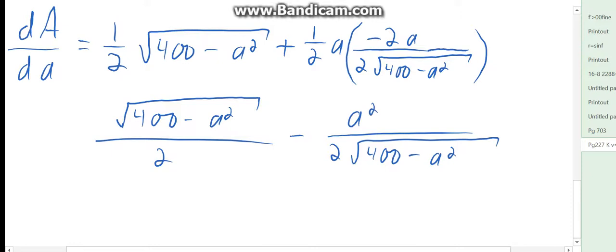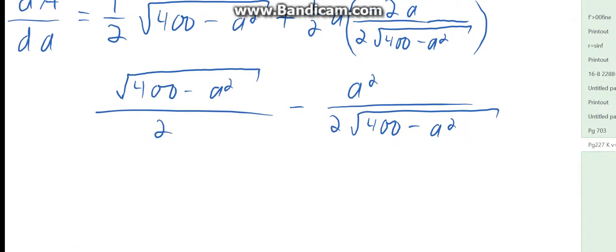All right, any questions so far? I just simplify that right-hand side, basically. The 2's cancel out, the negative makes it a minus, and A times A makes an A squared in the